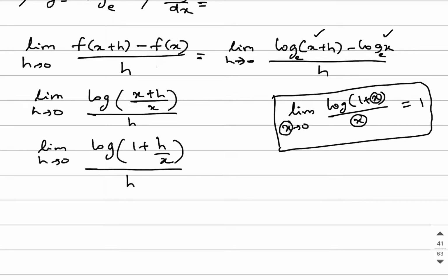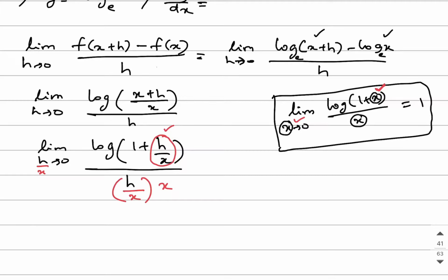So when limit h is tending to 0, look at the small manipulation I am making, then h by x will also tend to 0. So when h by x is tending to 0, I have log of 1 plus the same variable. I wrote it as h by x because I was looking at it. Here it is x, and here also it is x. So if it is h by x, I need to make it h by x here. But the denominator is h only. So to make it h by x, I will divide with x and multiply back with x.